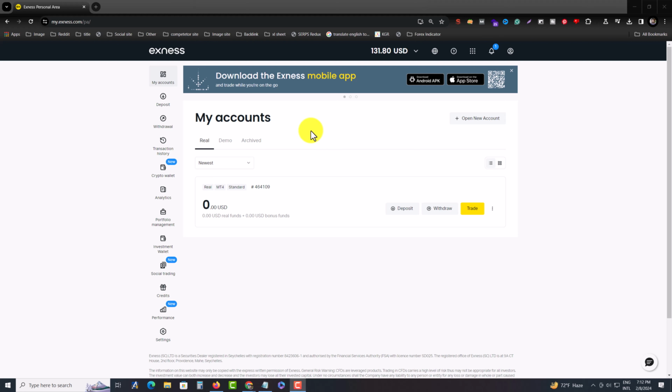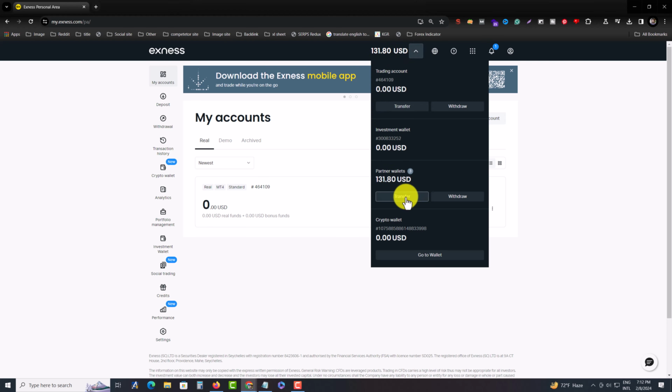So in this tutorial I'll show you how to transfer money from one Exness account to another Exness account. This is one of my Exness accounts and I have 131.80 USDT, you see. I want to transfer this money to my other Exness account. So press on this icon and press on transfer,